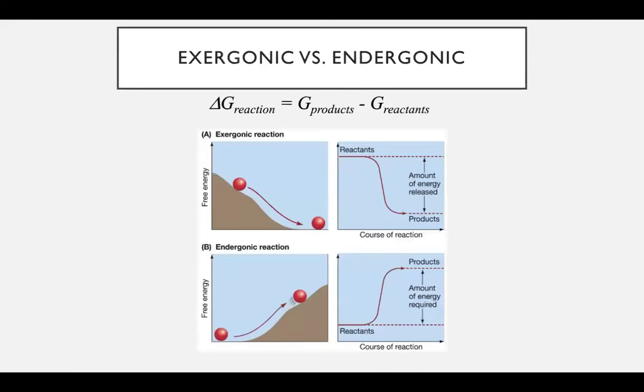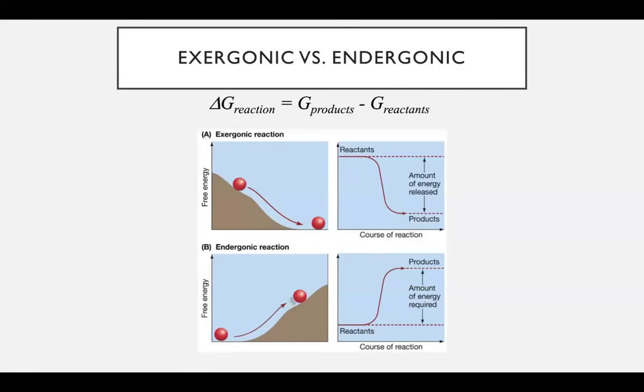So energy efficiency, we have exergonic versus endergonic reactions. So for exergonic reactions, they release energy. So delta G, which is the amount of energy, is negative. So if you see in an exam a negative delta G and they ask what type of reaction it is, it will be an exergonic reaction. Exergonic reactions are associated with releasing free energy, and as a result, it is also spontaneous.